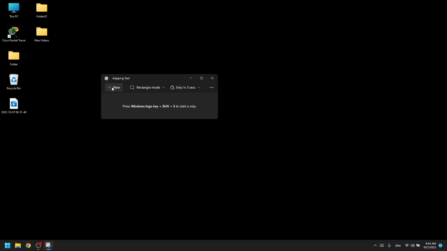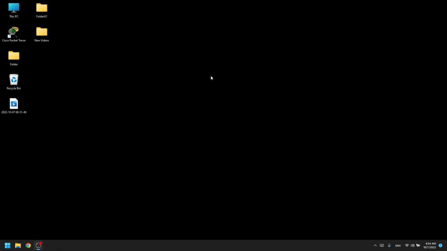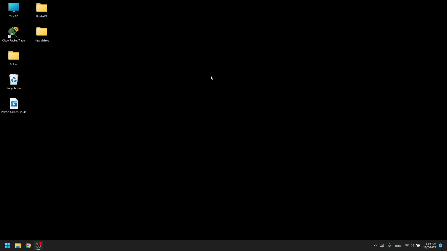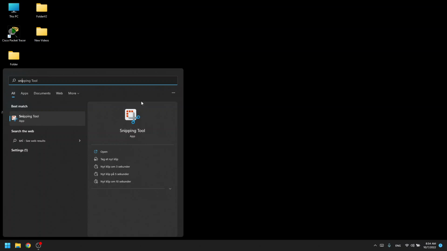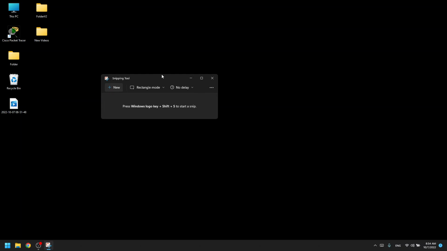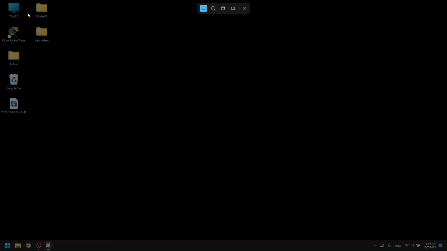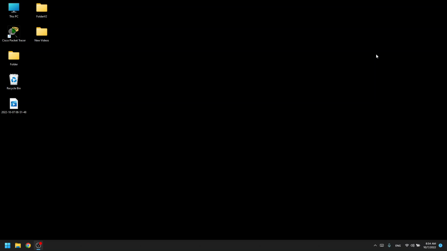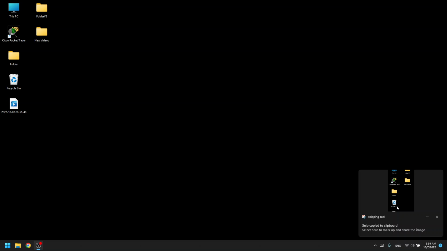And I actually think it appears to do this if you use the fast method as well. I guess it does, I'm not sure. Let's say we're going to say Windows Shift S. Okay, it does not do it on the fast shortcut, but as well in here, if you would like to have some more management over it, because in here when you have taken the picture, it will just appear in here, and if you use the shortcut, it will appear here. So I'll just show you for fast, then it will appear like this,